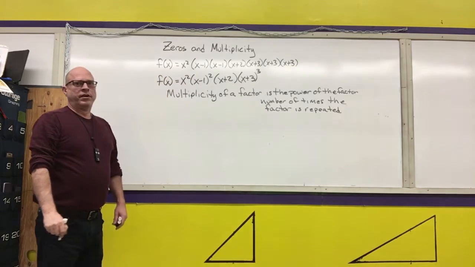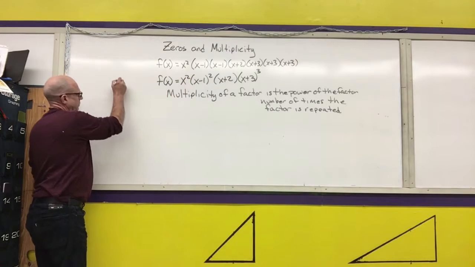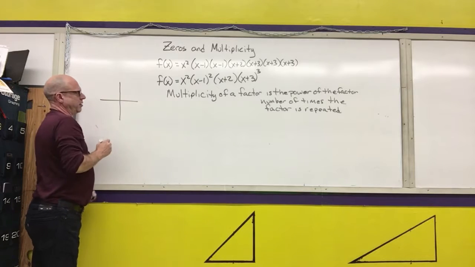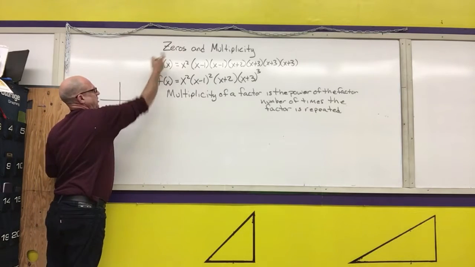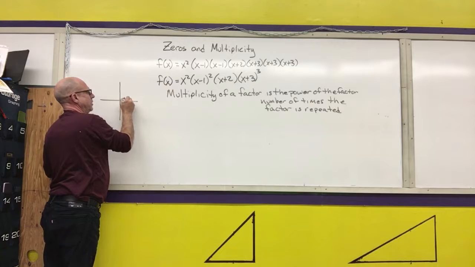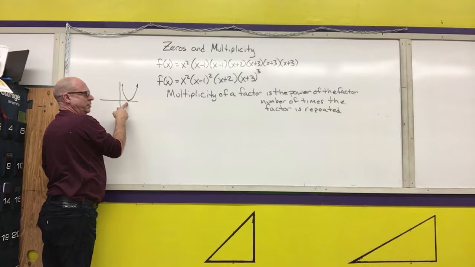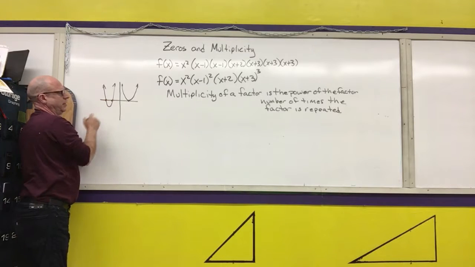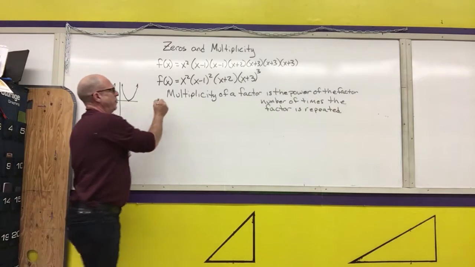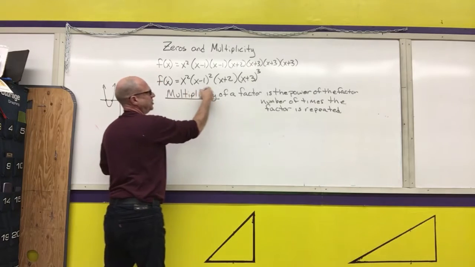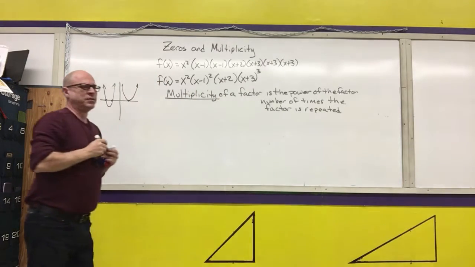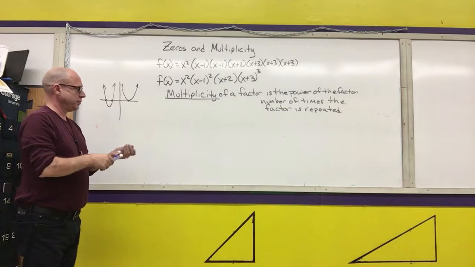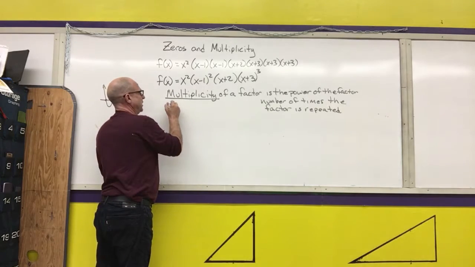One thing that we should know from our time that we spent with quadratic functions is that if I have a 0 for a quadratic function, it can either touch the x-axis or it can cross the x-axis. And we'll be able to determine which happens for each of these zeros based on the multiplicity of the polynomial function. If the multiplicity is even,